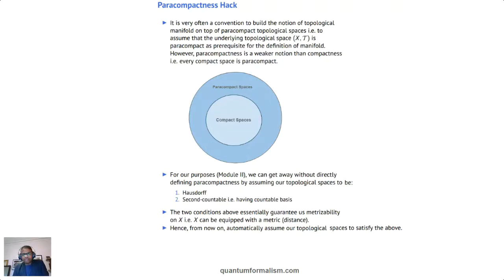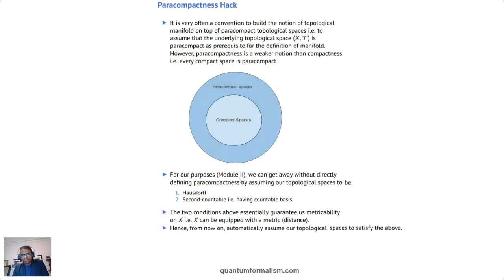However, for those of you who want to get into it, it's not really hard to define these things. It's just that I have other challenges today that I would rather you focus on than on this technical stuff about paracompactness. Okay. So what we will do instead,